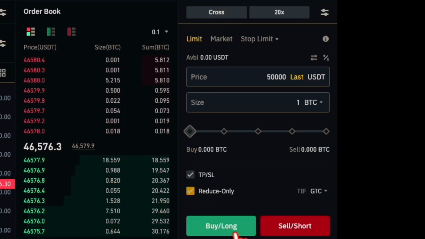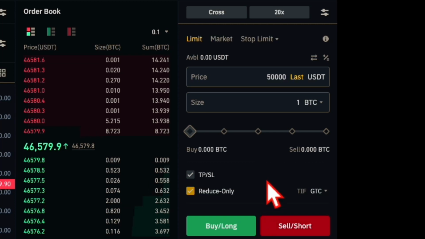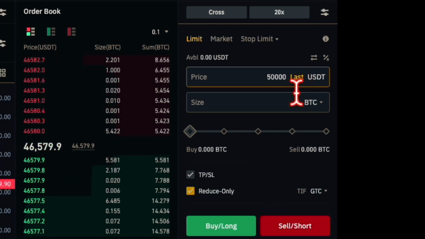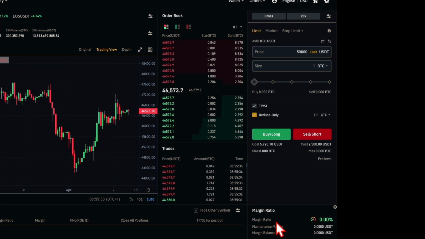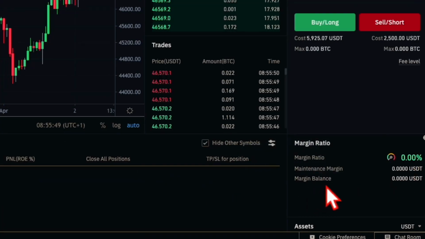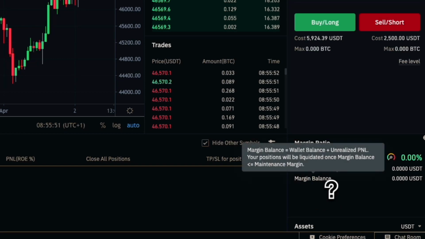So here you can click on buy long or sell short, depending on the one you want. And if you're selling short, remember, the price here will change to a lower price, like $40,000 instead of $50,000. So here shows you your margin ratio, the amount of money you have, the amount of money you borrowed, and the amount of money you need to have in your account for you to have an open position. Here we have maintenance margin. We have margin balance, which means the amount of money that's left in your account, which is your wallet balance plus unrealized profit and loss. So this shows you the margin you have in your account, what is in your wallet balance plus the profit or loss you've made, for you to track your margin.